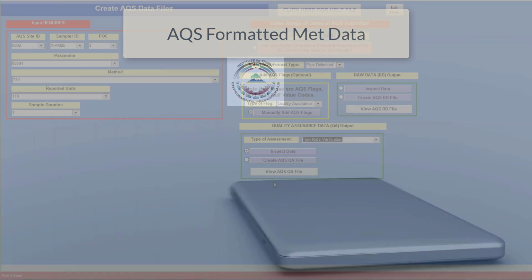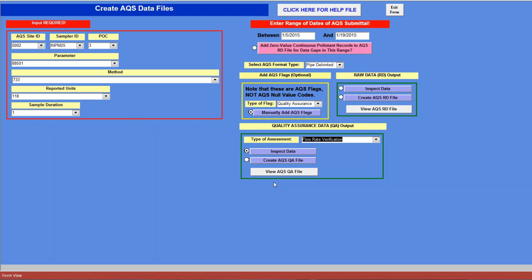What we've shown so far is making Toolbox-ready files for ozone and PM 2.5. And now we're going to show how to do that same process for the imaginary meteorological data that I imported into the Toolbox. So for my meteorological data, it's at a different site than my PM 2.5 data,